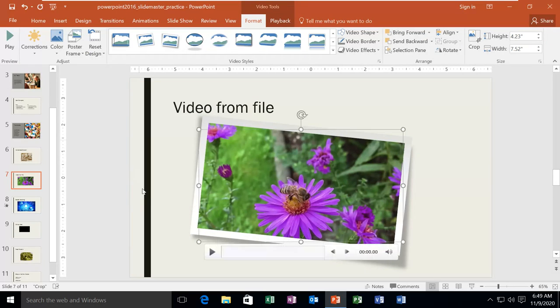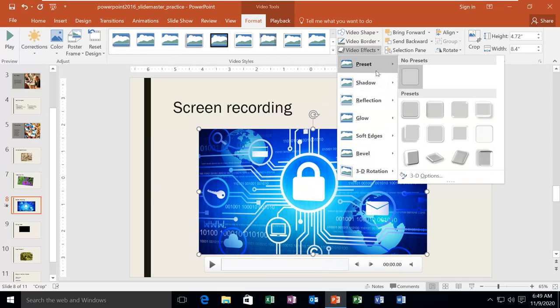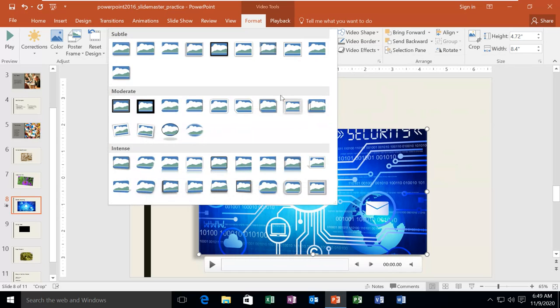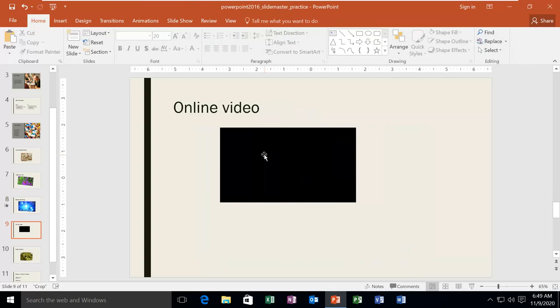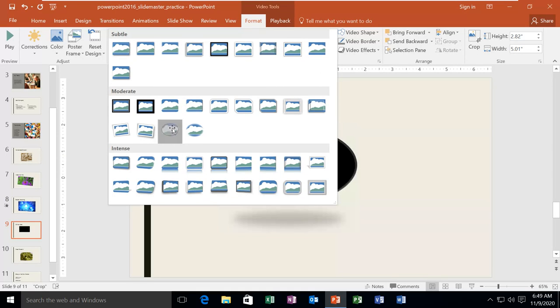For example, I want this for this. Then you can go on to select what you want, like I can set this preset, I can set this also. So we can decide what we want, and we can do it for the online video frame also. We can also add frames for this online video.